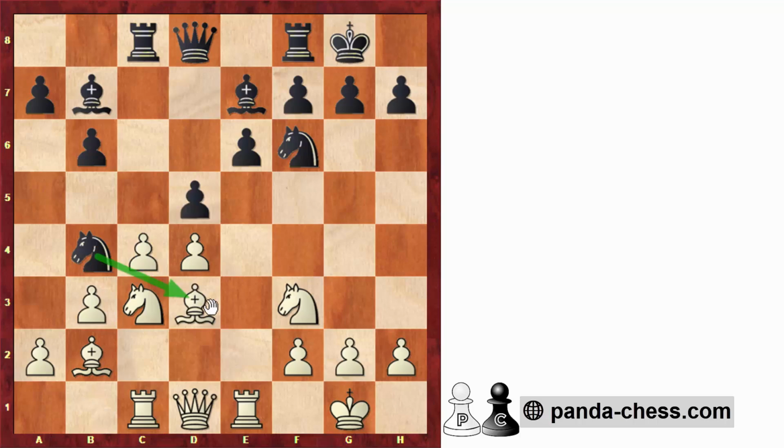Taking the knight is a positional threat, so that's why white retreated with the bishop and went bishop to f1. And here black could have tried something like rook to e8, planning to bring a bishop to f8 for example. The position is still fairly balanced, but black probably tried to play for something more, and here he went knight